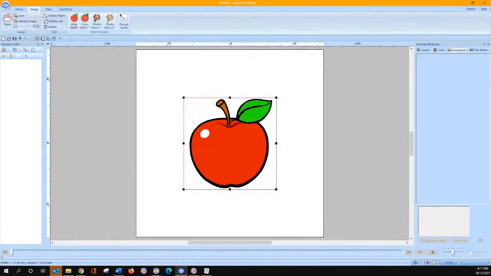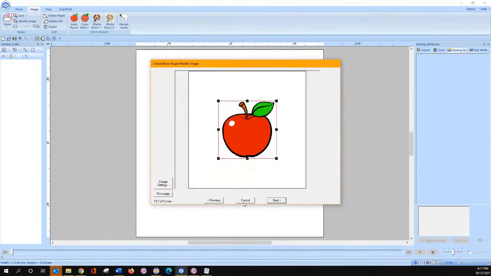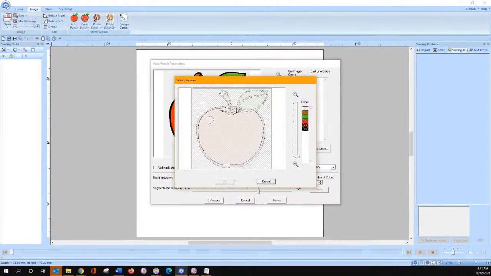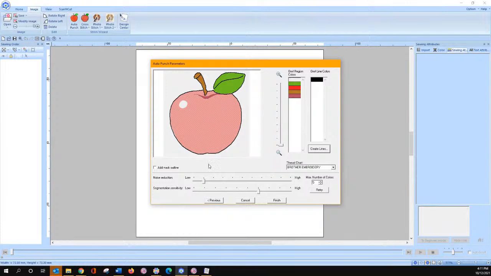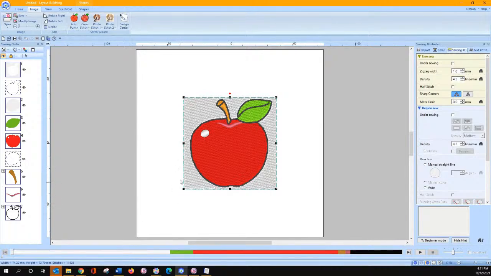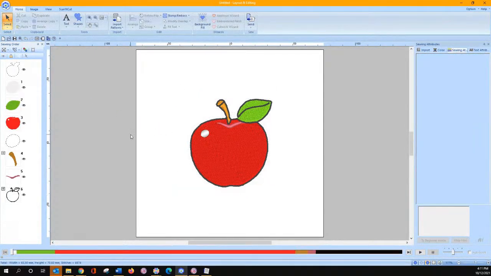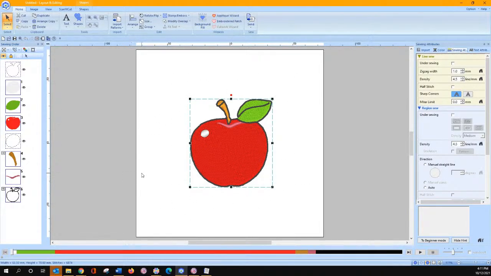At that point, you could auto punch it. Some are done better than others, just so we're clear on that. When you're done, you choose what colors you want it to actually create a line, create a stitch from. I'm going to tell it I want outlines from the black, and let's see what we get. All right, turn our red back on, and let's finish it. So as I said, some are better than others. I should have turned off the white outline there. I'm going to delete that part. So our white outline's gone. This, I could probably have done a better job manually doing it, but if you're not a perfectionist, your auto